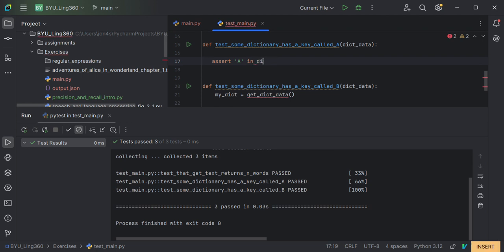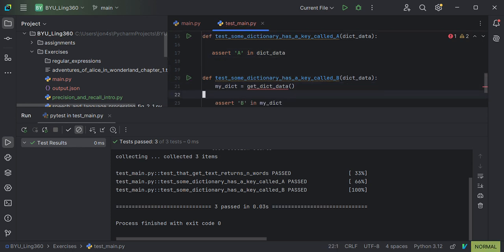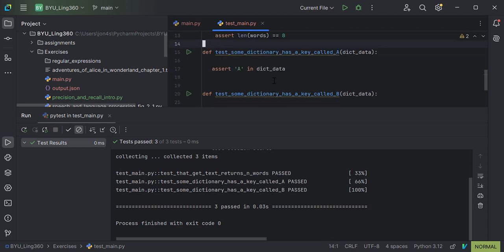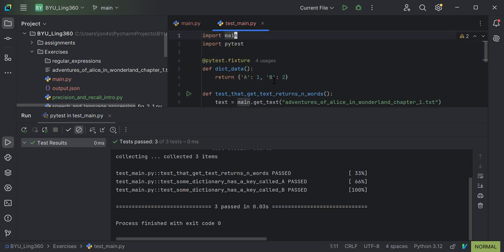I need to rename this. There's my dictionary data right there. Delete this line also. Do the same thing over here. Dictionary data. Okay. So now, that just cleans up my test. All my data is still in one function, but now I don't have to call that function. Pytest is giving me